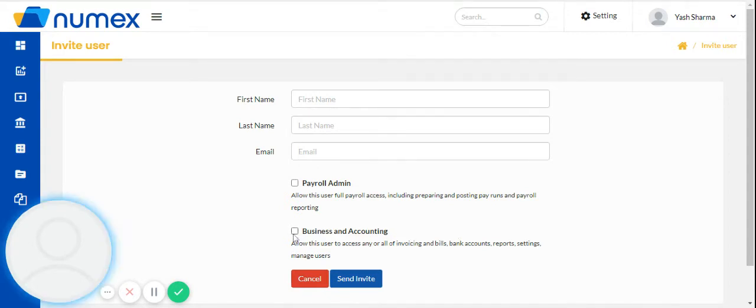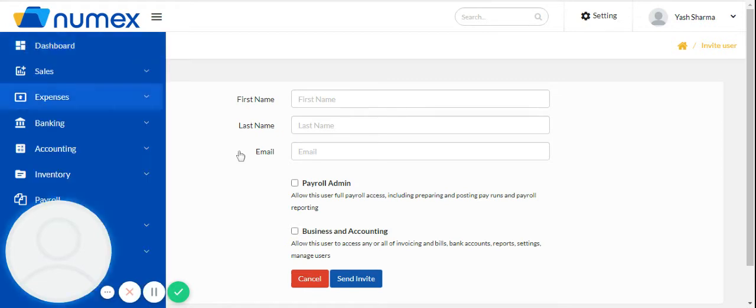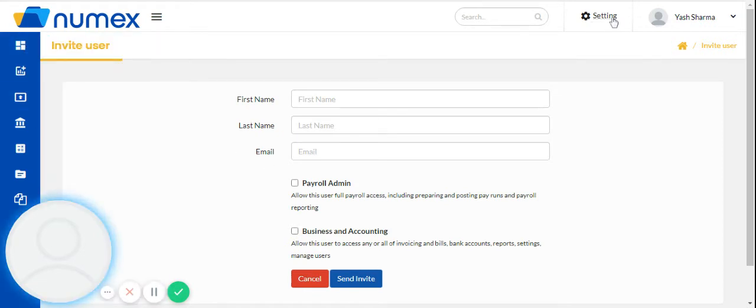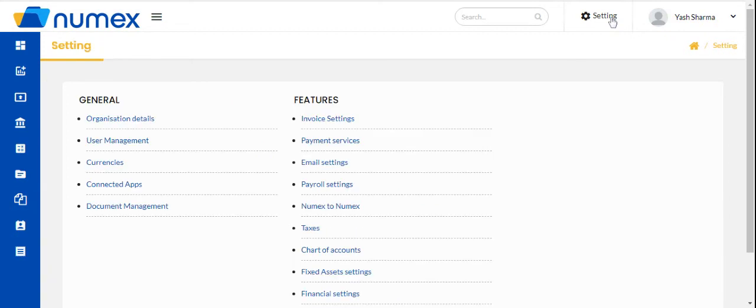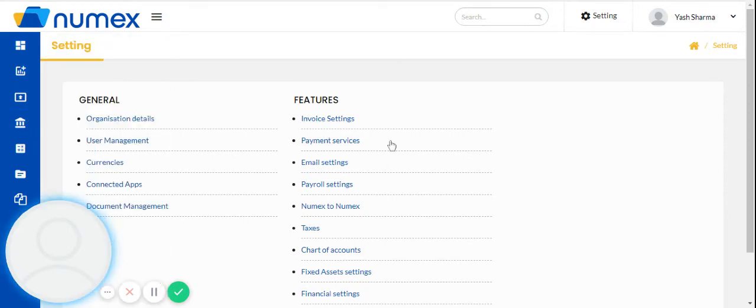Or else you can provide the business and accounting roles also, where you can provide access to all invoices, all bank accounts, reports, settings, and who can manage other users for your business organization. So from this user management page, you can invite another user, and accordingly you can provide him or her permission. And other pages are under development in the setting module.